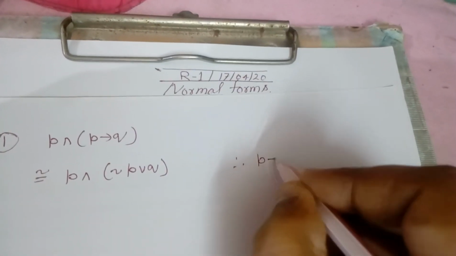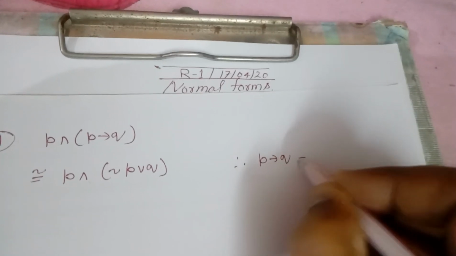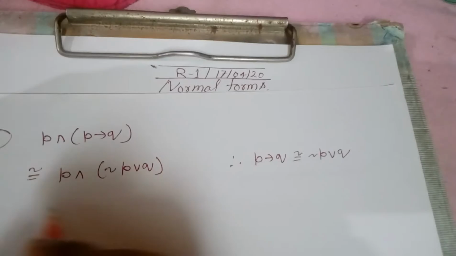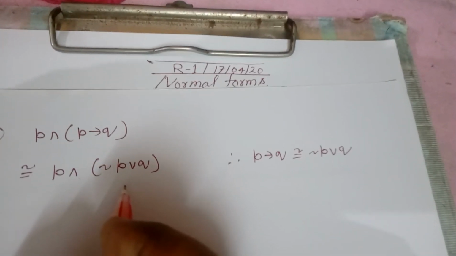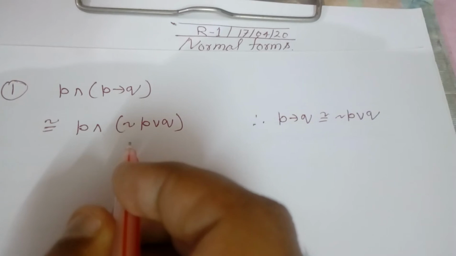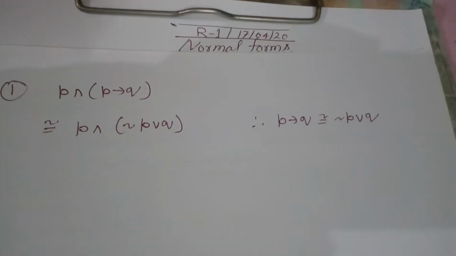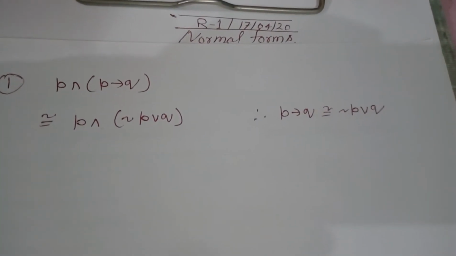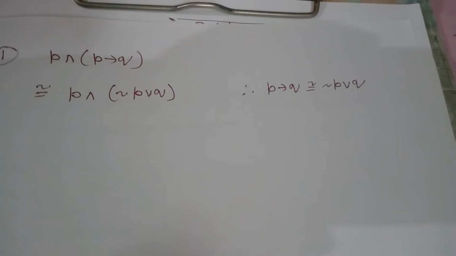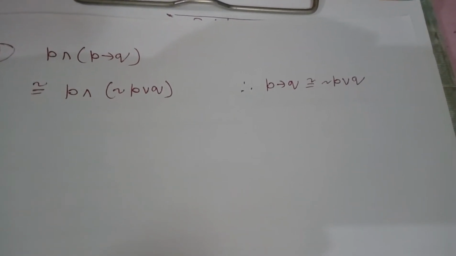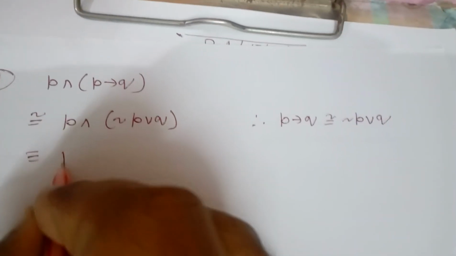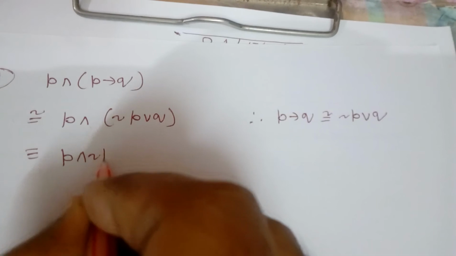How have we found it? We know that P implication Q is equivalent to negation of P or Q. Now we will apply De Morgan's law. Here there is no situation to apply De Morgan's law. So at last, to obtain the DNF, we will directly apply the distribution property as